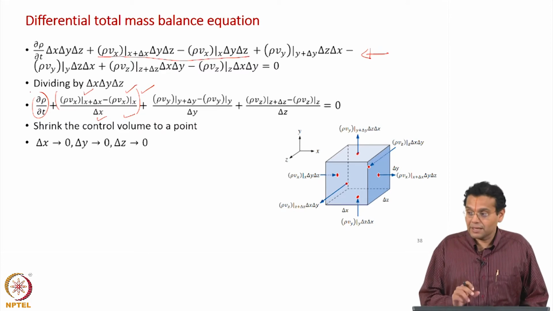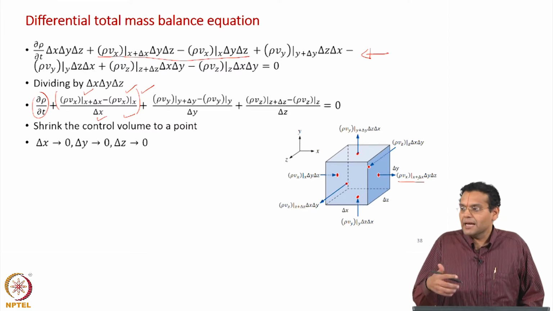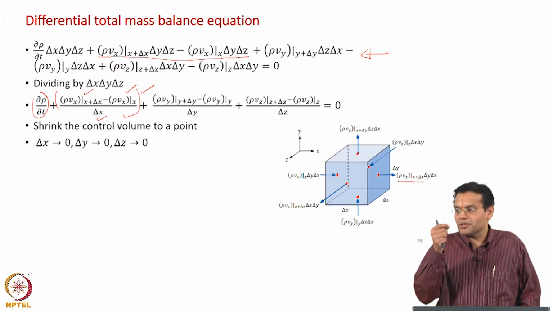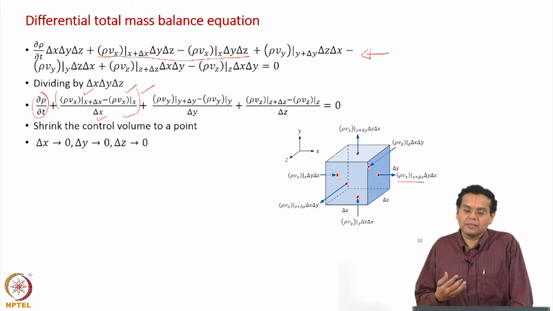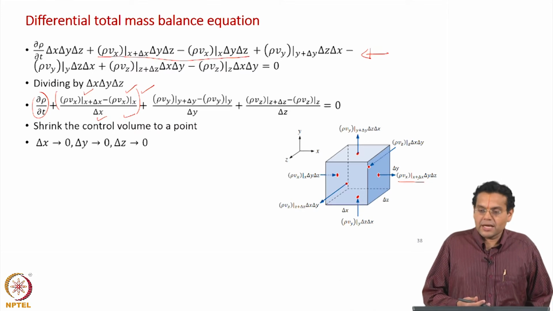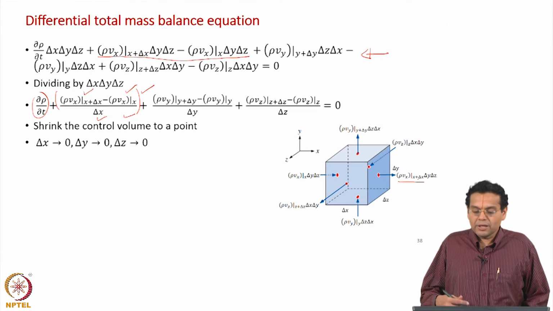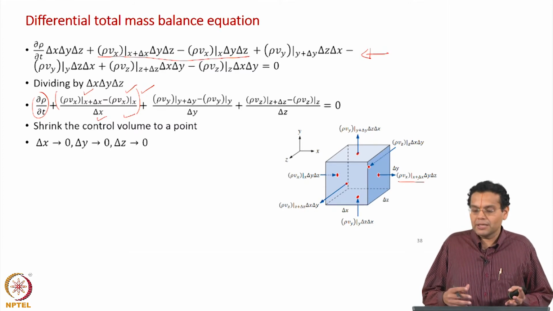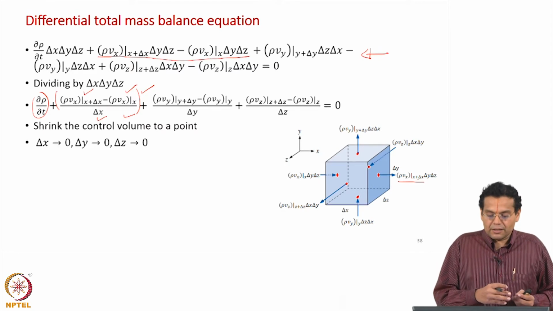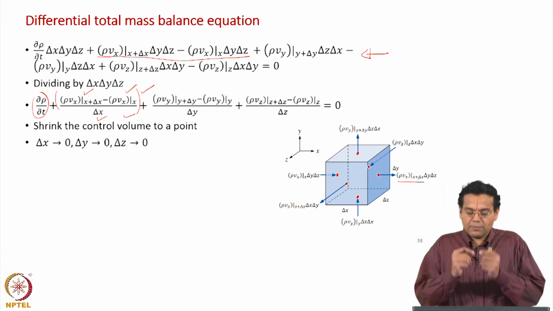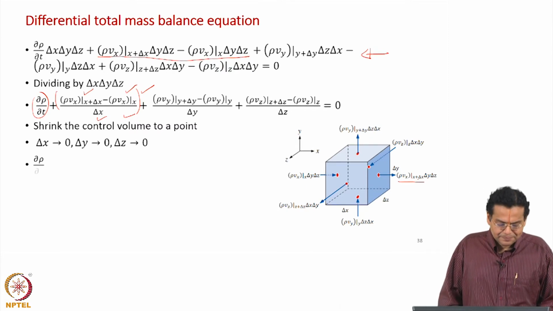Similarly, these rho Vx values, we said they are average values across the phase, and that phase has now become a point, a small phase. So, they also become point values. So, every variable in the equation has become a point value now. That is why I said you will understand this average and point value a little later. To begin with, they were all average values either over the volume or over the phase. Now, just because the entire control volume has become an infinitesimal point, every variable also becomes a point value. So, now let us see what happens.